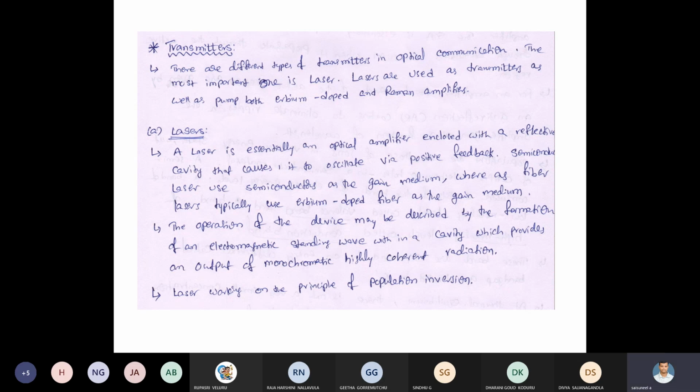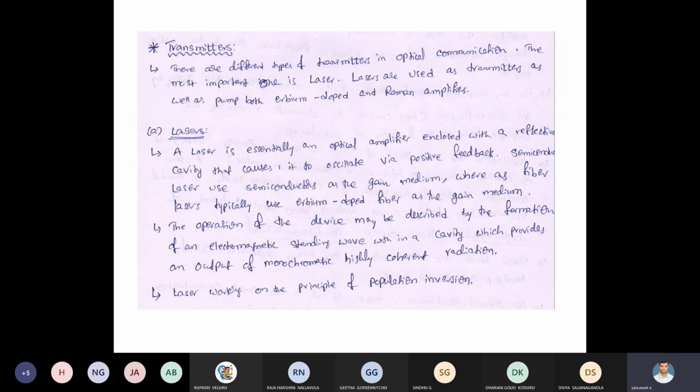Right, in these lasers, where exactly are we using them? Here the lasers are constructed in a cavity structure. What is meant by cavity structure? A cavity structure is nothing but a closed waveguide. Inside that closed waveguide, we have to fix this laser. Then we have to drill one hole in one direction,